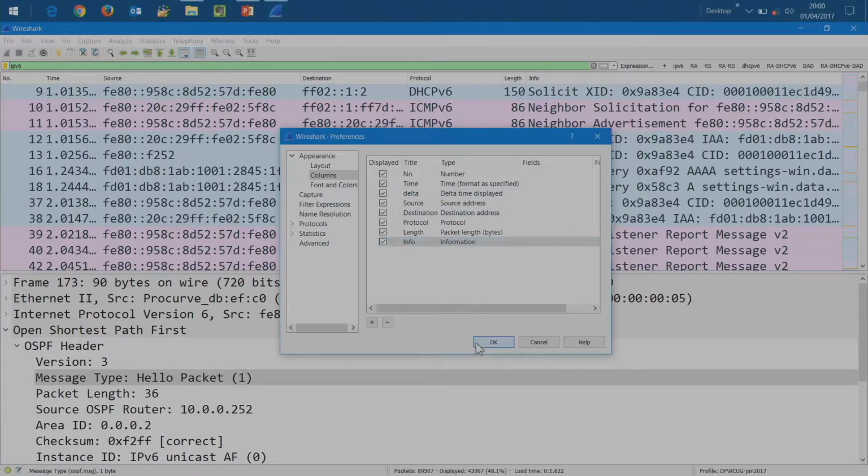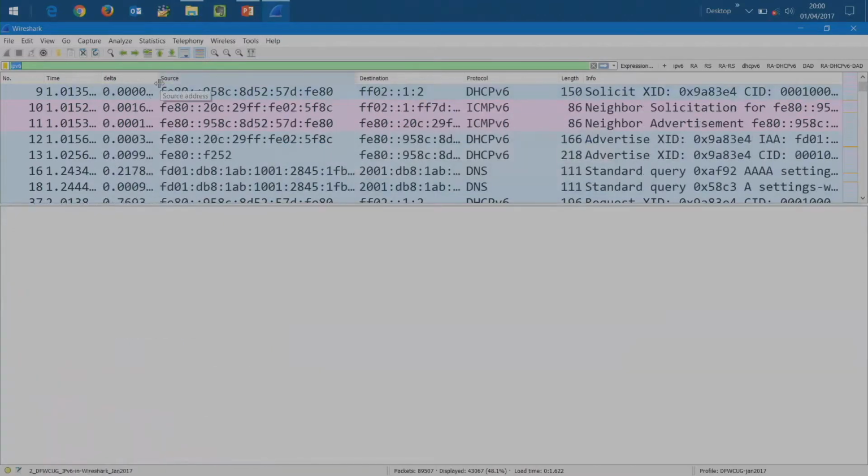Why do I add the delta time? Router advertisements is where I use delta time. I want to see how long the time was between router advertisements. Was it within 6 to 10 minutes? Or was it within like 1 to 3 minutes? Or is it something different? I just want to know this data, and the delta time becomes handy.